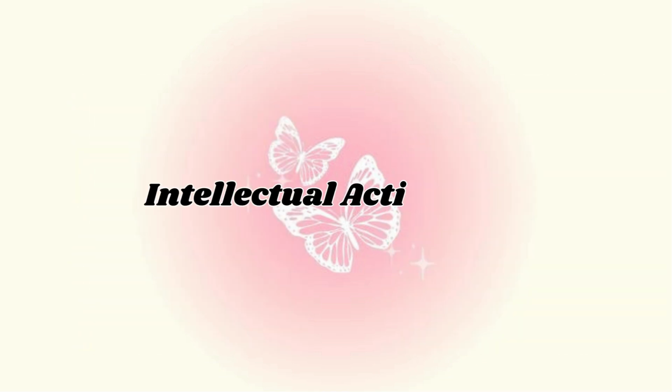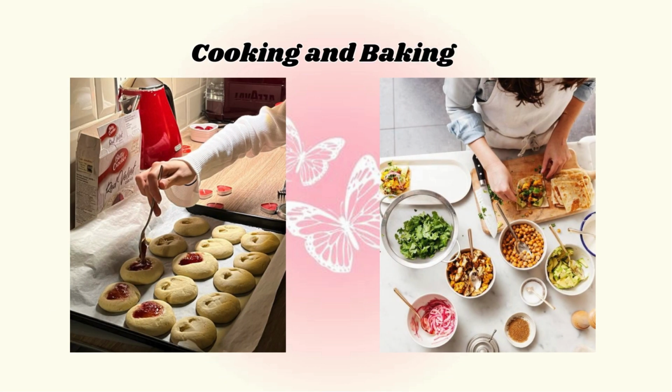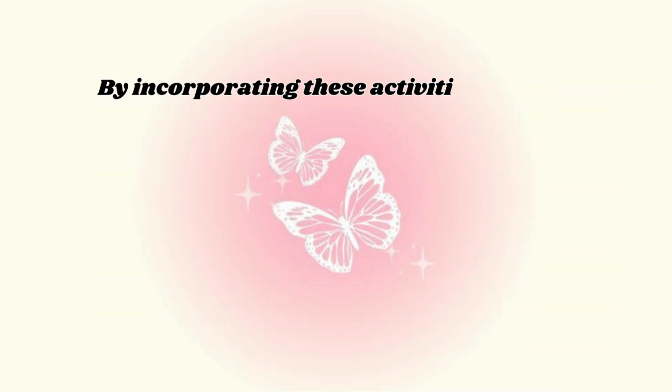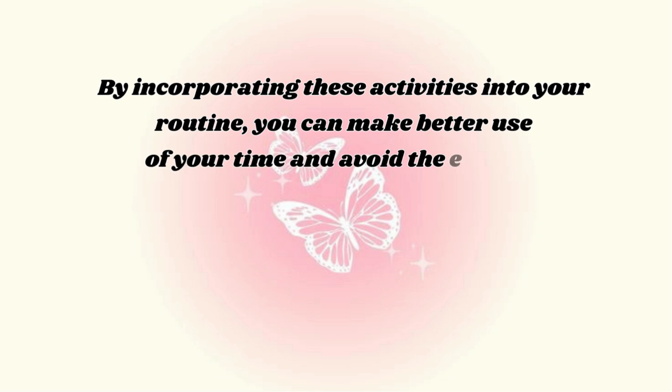Now we talk about intellectual activities. Puzzles and games. Engage in puzzles, board games, or brain games that challenge your mind. Now we talk about practical skills. Cooking and baking. Try new recipes and experiment in the kitchen. That helps you to improve your cooking skills. Gardening. Start a small garden or take care of indoor plants. By incorporating these activities into your routine, you can make better use of your time and avoid the endless scroll